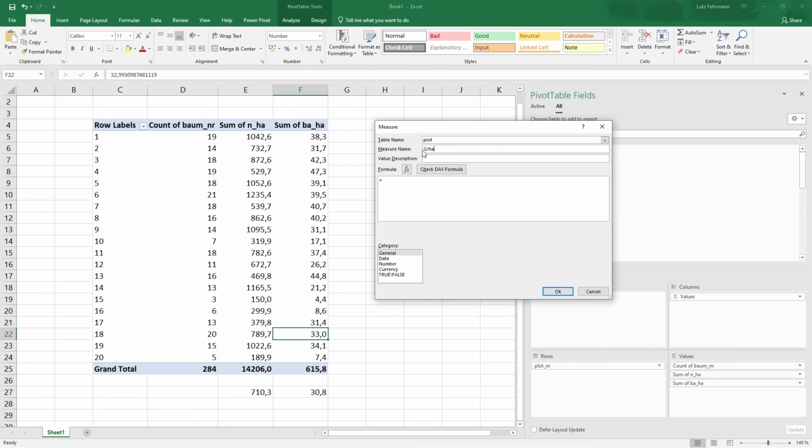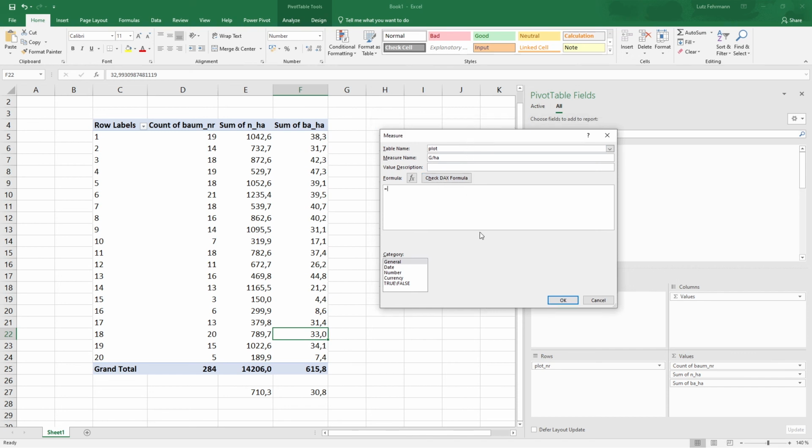So let's assume we like to estimate the mean basal area per hectare. Then we need a different syntax here. It is not the standard Excel formulas that you already know, because we are working here in a different domain. What we like to calculate here is an average, and without too much explanation about the syntax, we like an average over the plot values, over the values that we have aggregated per plot.